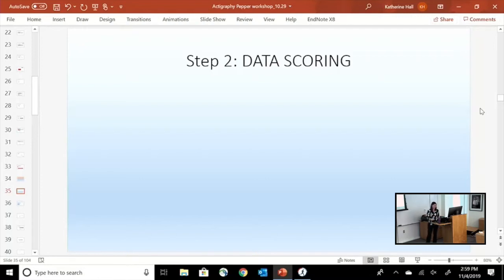Getting into kind of that next absolutely crucial step. So we've gone through the wear time, so now we are quite confident that the data we are going to be scoring is valid data. This is data pulled from where they actually had the monitor on, and so we can start playing and looking